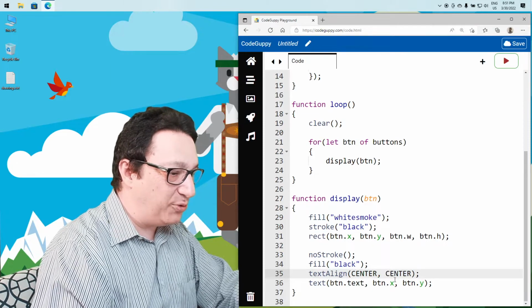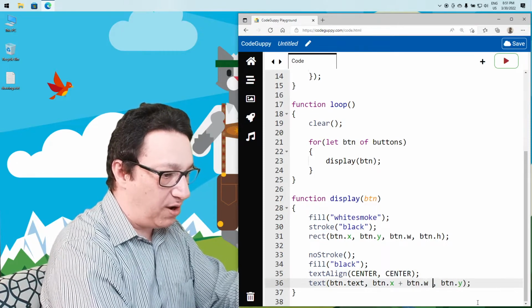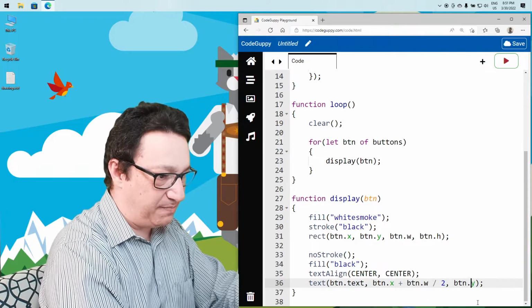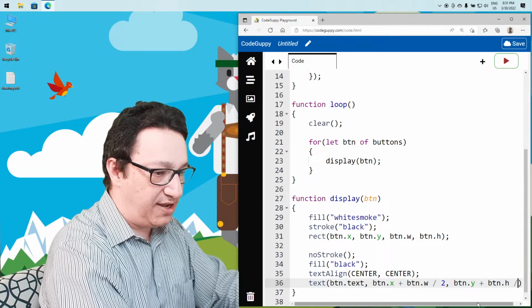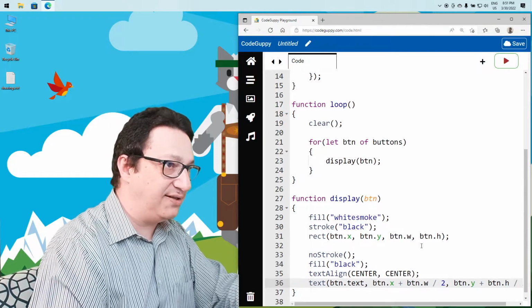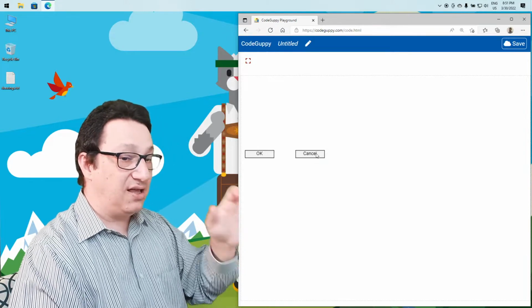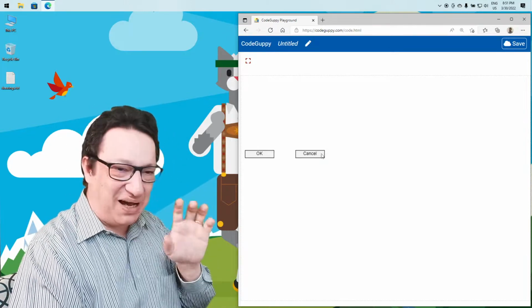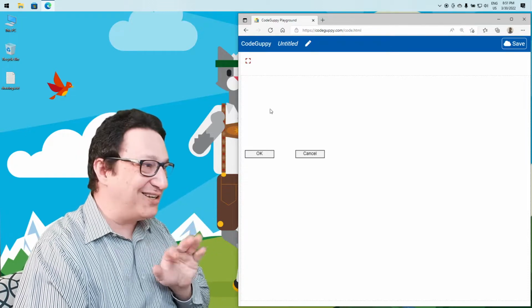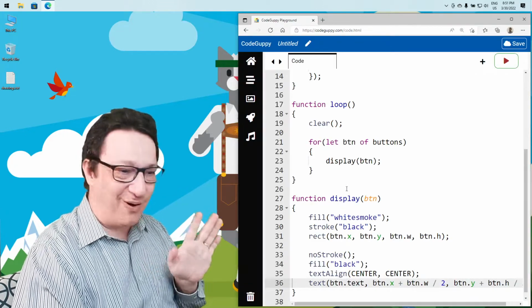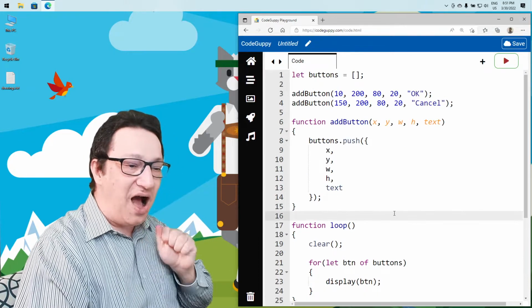And then we are putting btn.x plus btn.w divided by 2, and btn.y plus btn.h divided by 2, something like that. I think it will be in the center. Yeah, or pretty close. So we have these buttons. They don't push. We can take care of that as well if we want, but it's not necessary right now. The main point is, how can we make them